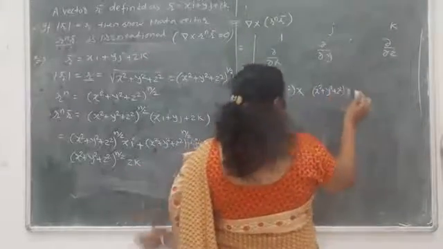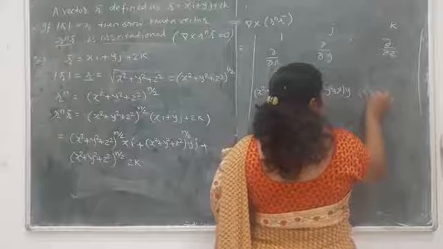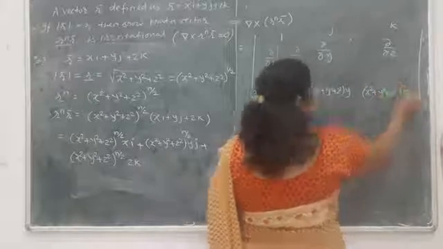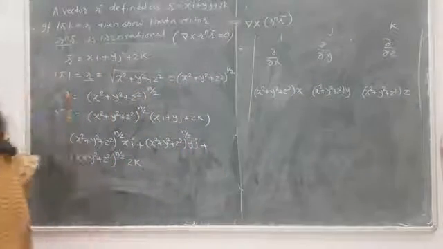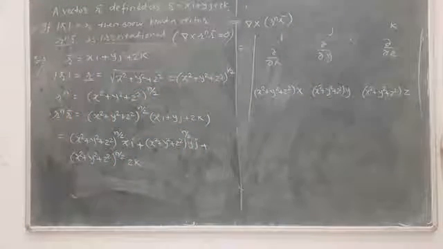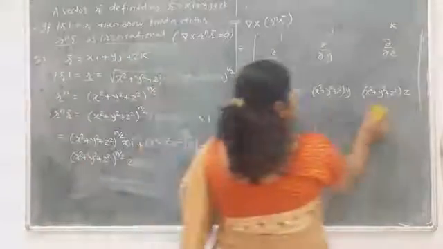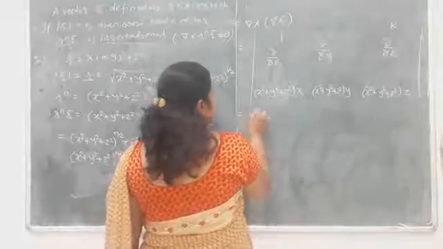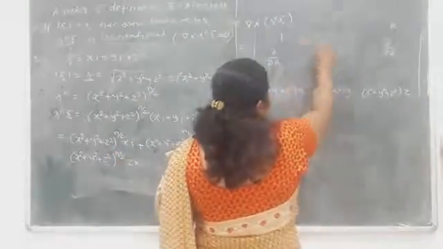After this, x square plus y square plus z square, and here the vector is r. So in this way we write this term, and now we have to solve this determinant. So we solve one by one. So first that should be equals to i dot, we know that i dot, so that row and that column,